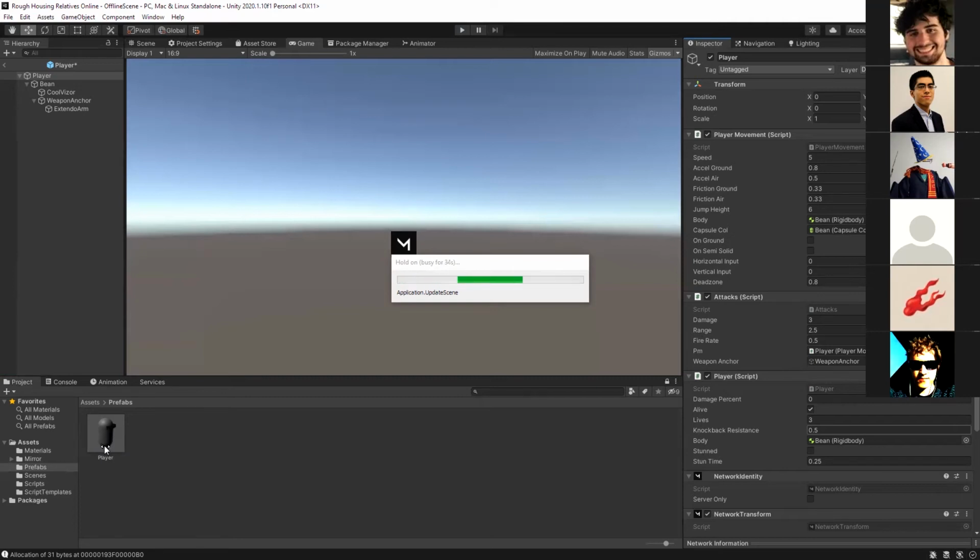Because when you join a server, it'll instantiate a new player object, but the player object will have the exact same scripts on it. So if there's double references to things, that'll cause issues. Like when you're pressing input keys, both players will move at the same time.